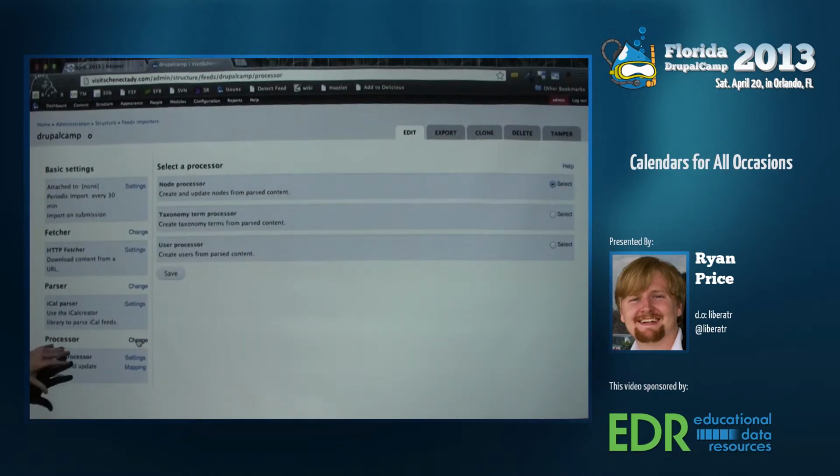Processor. Once you know what a feed is, how to fetch it, how to parse it, now you have to decide, what do I want to do with it? Do I want to make nodes out of it? Do I want to make taxonomy terms out of it? Do I want to make users out of it? I'm sure that with other modules you could make any kind of entity you can think of out of the feed items. But in this case we're going to say, I want to make nodes. So I want to make one node for every event on the Google